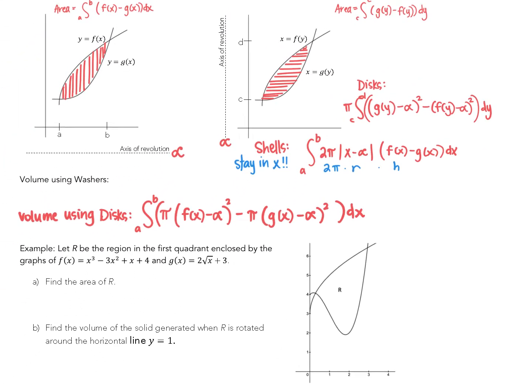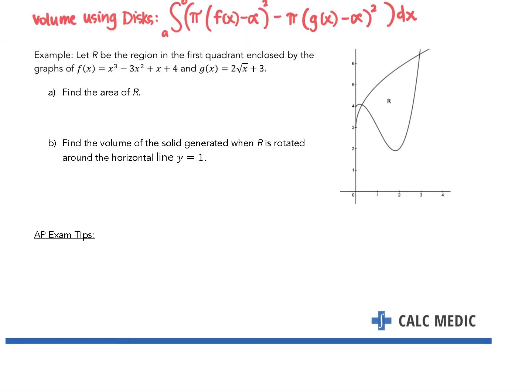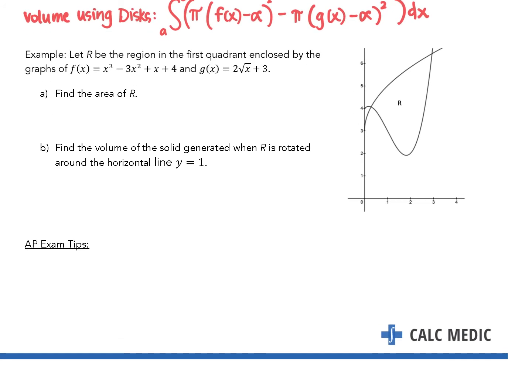All right, so let's try a couple of these. Let's find that we're given the region R, and we're given a cubic, and we're given a square root. Okay, these are going to have some irrational intersection points. So you'll need to find those two intersection points on your calculator and store them, remember, as stored values. So that's your first AP tip,